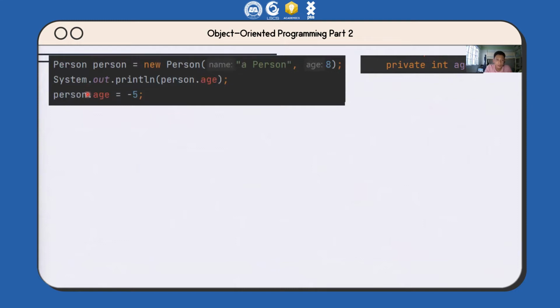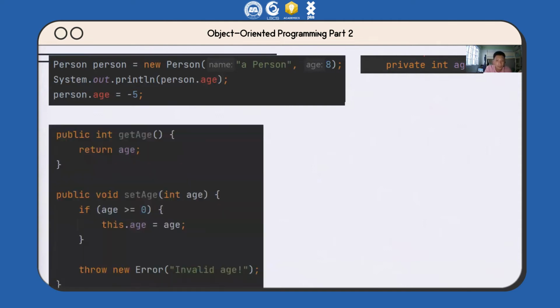This will happen to your editor, which in my case is IntelliJ. It's red because in the eyes of the compiler, there's no such variable as age because it's private. It's hidden from the main program. From outside the class, it's hidden. So they don't really see what age is. So what do we do? In our class, we add